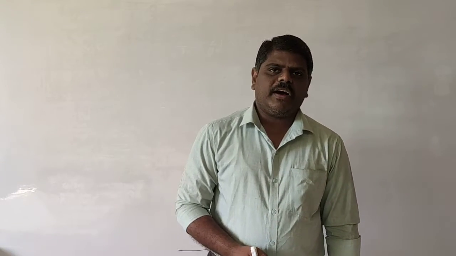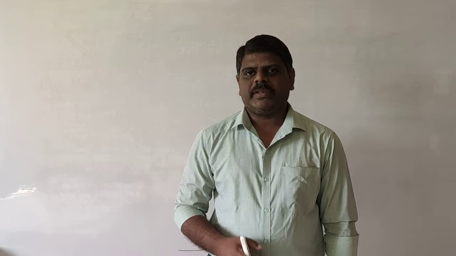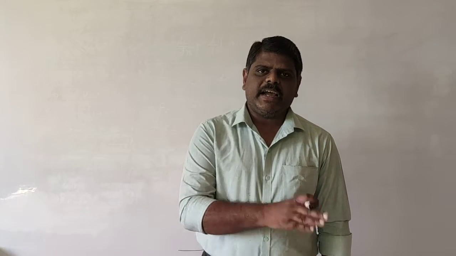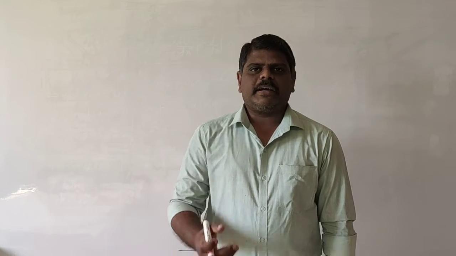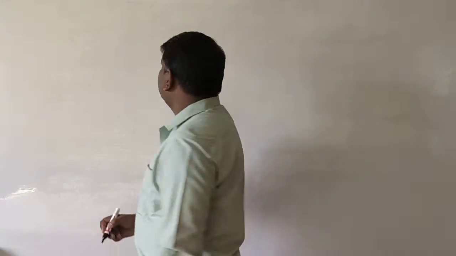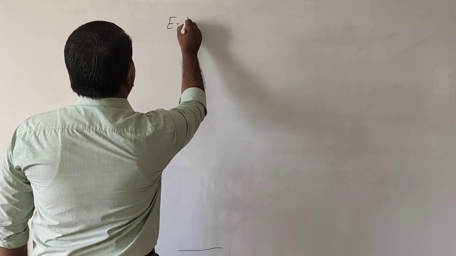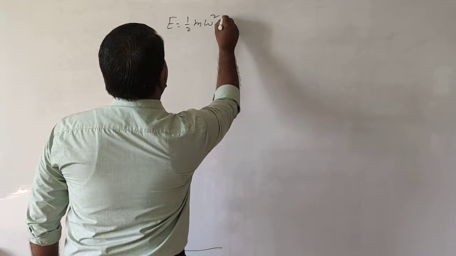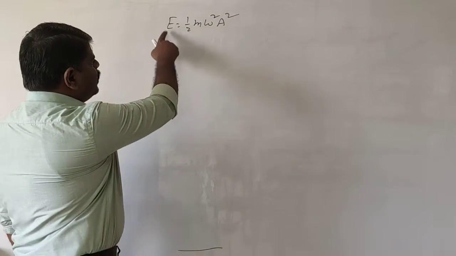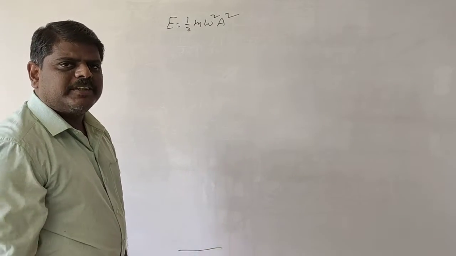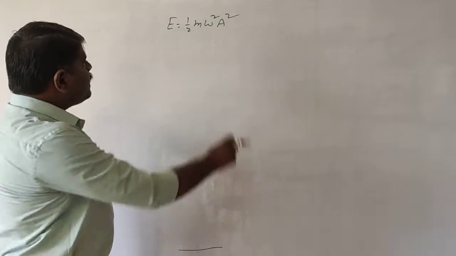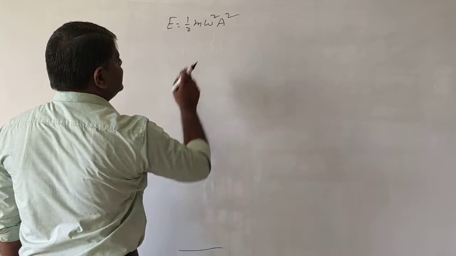So when we refer to the potential energy and kinetic energy, according to the law of conservation of energy, the total energy remains constant when the particle is making simple harmonic motion. Potential energy may be converted to kinetic energy and kinetic energy into potential energy, but the total energy always remains constant. In simple harmonic motion, the total energy formula is E equals half m omega square A square. Here E represents the total energy, the sum of the potential energy plus kinetic energy. From this formula, we need to find the A value.